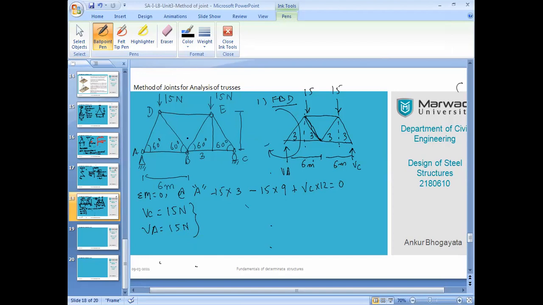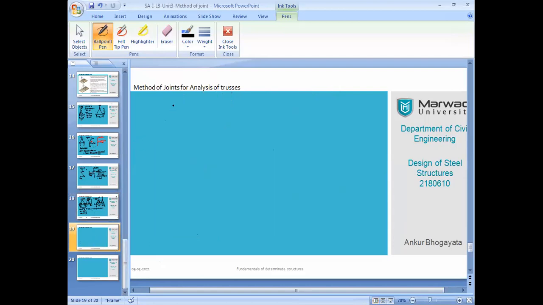Yes. I can start at joint B, at joint E, anywhere I can start practically. But we have to start with the joint where a maximum of 2 unknowns are possible, so that you can start getting the answers. Otherwise, it will be difficult for you to get the answers. So let's start with joint A. All of you draw the equilibrium condition at joint A. So let's take a fresh look.